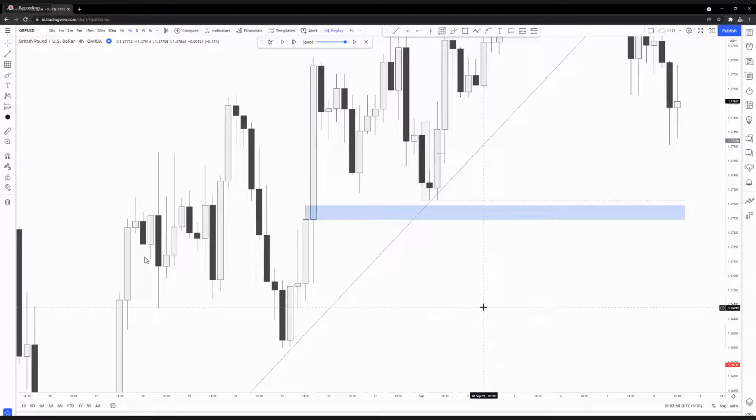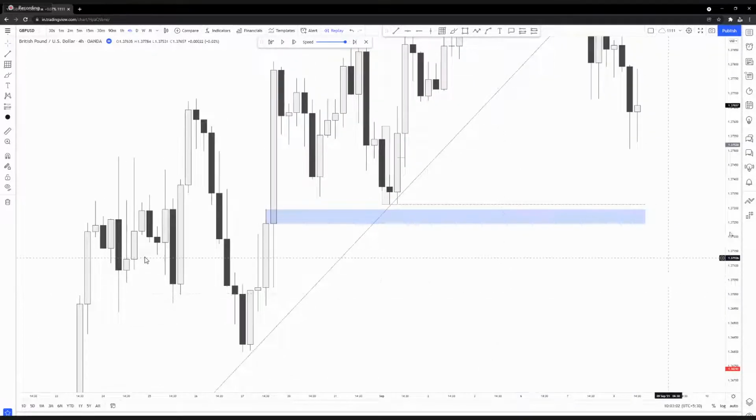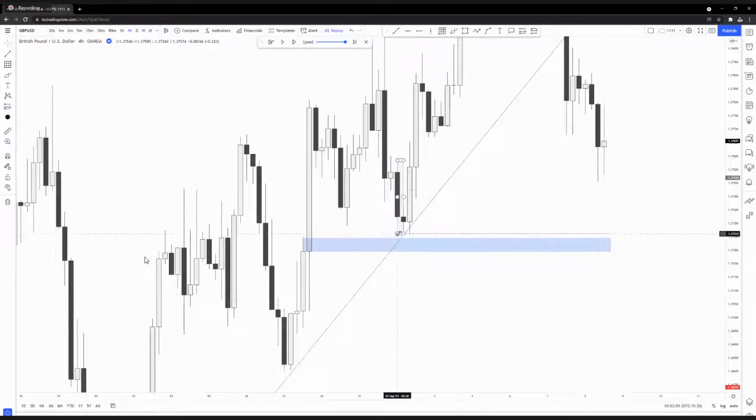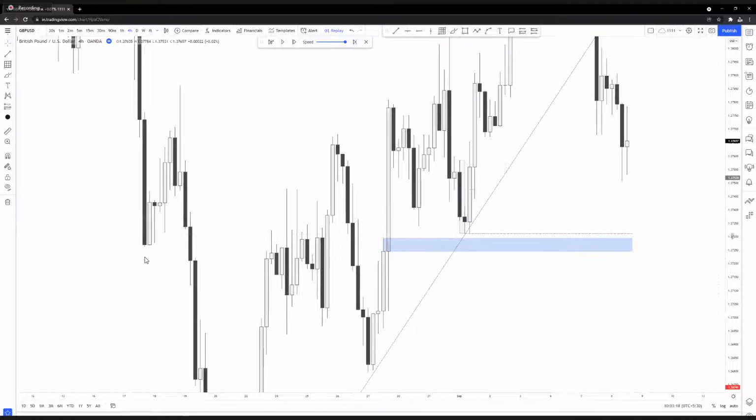So you're saying we should look for some sort of imbalance here as a POI? Yes, you have to use the one that is closest to the inducement. See that? So what's the closest point of interest you have? It's the imbalance, right? Not the wick, it's the imbalance. So we can use that imbalance there.